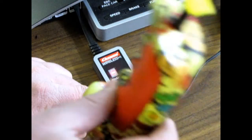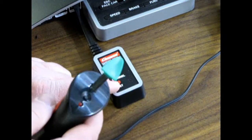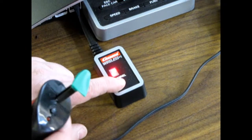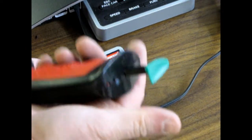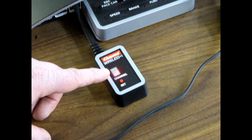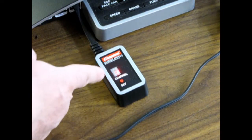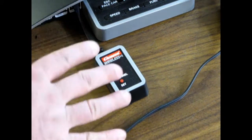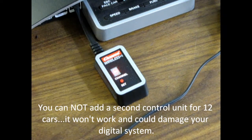But actually this controller here is controller 1 for me on my track, and this one is 3, so I'm just going to set this to 3. And there. Now your controllers are hooked up to your wireless receiver. And of course I've got 6, so this will go all the way up to 6 controllers, and that's all the system can handle is just 6. So you want to code all your controllers up to number 6. So I'm going to let you do that, and we will move on to